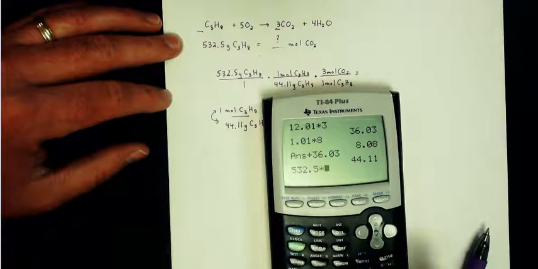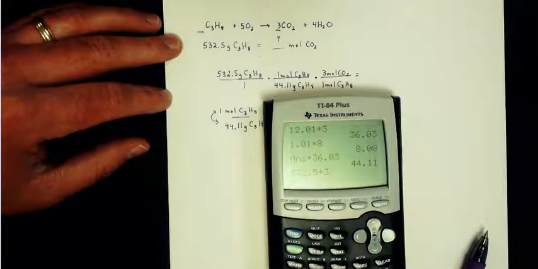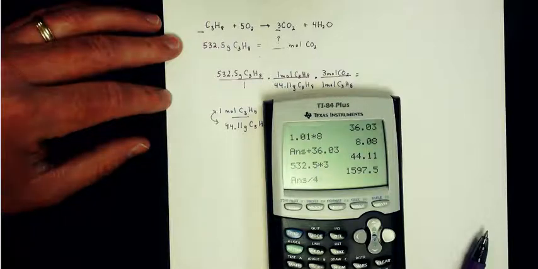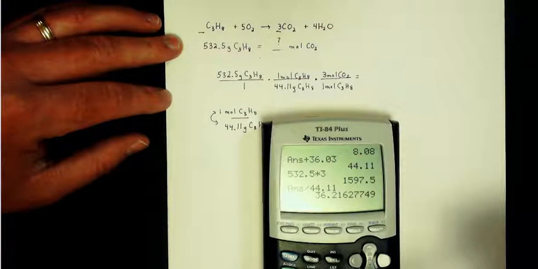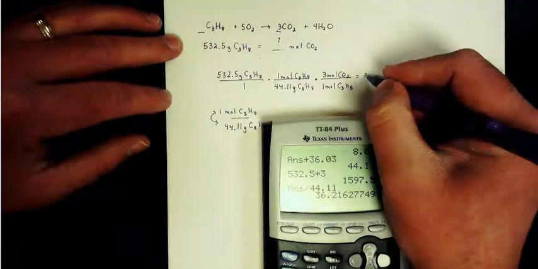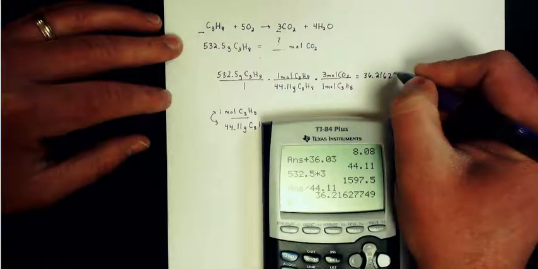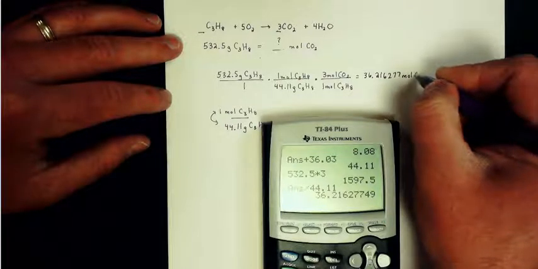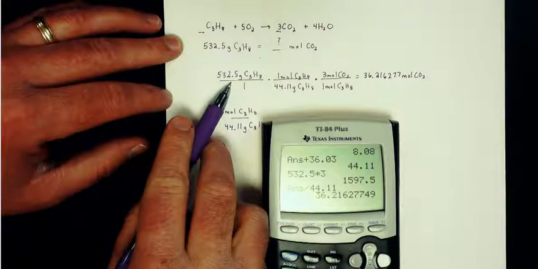532.5 times 3, enter, divided by 44.11, enter, gives me 36.216277 blah blah blah moles of carbon dioxide that we will be producing by burning this mass of